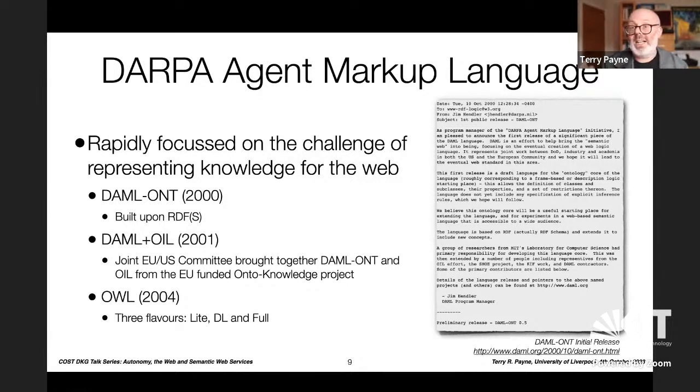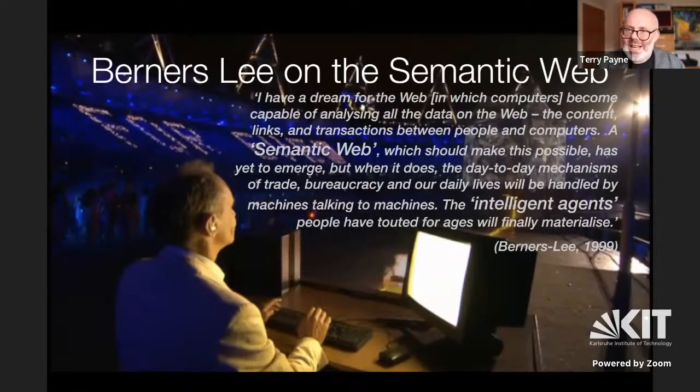But very quickly, we realized there was great work coming out of Europe and the ontology projects as well. And the joint EU-US committee ended up publishing DAML plus OIL in 2001. That became our initial framework for doing any work on the use of knowledge. And of course, we know the story from there, from a semantic web perspective, with OWL and its flavors, moving on through to OWL 2. But whilst we're now thinking about encoded knowledge, semantic knowledge, RDF fragments, and all of the tools that have emerged ever since,